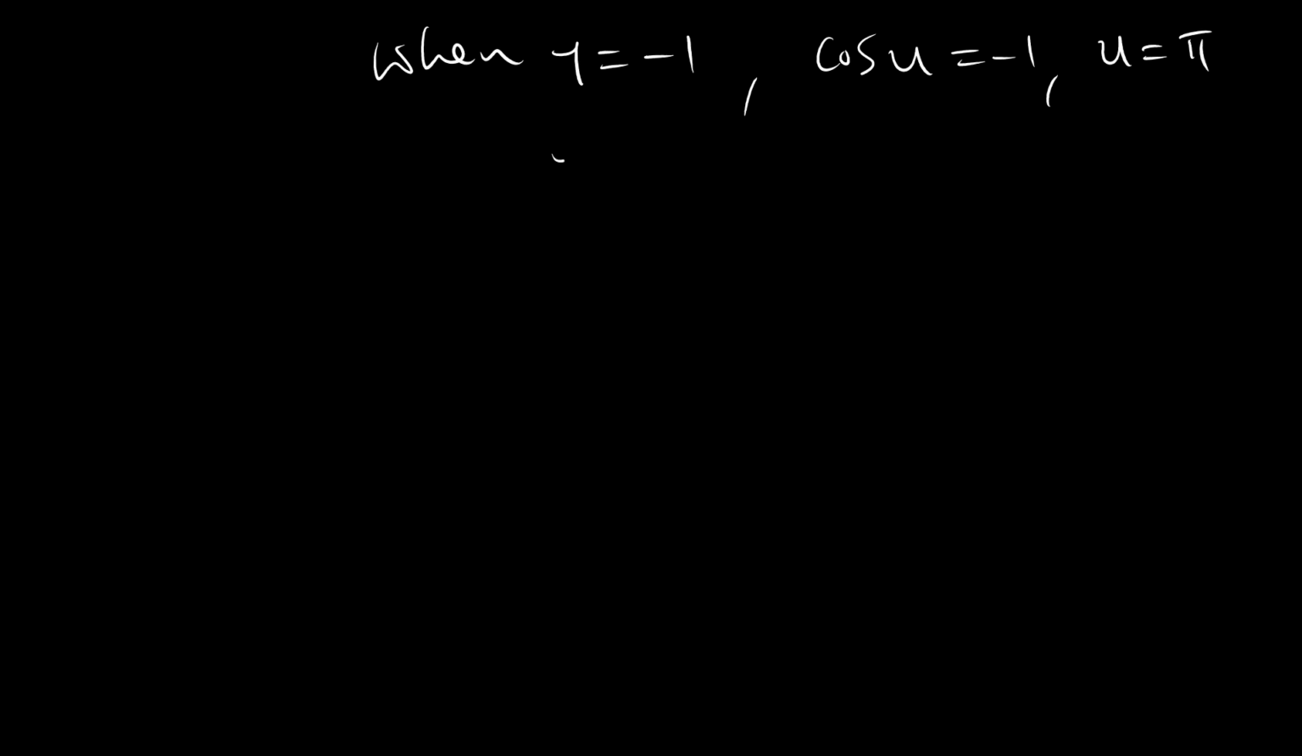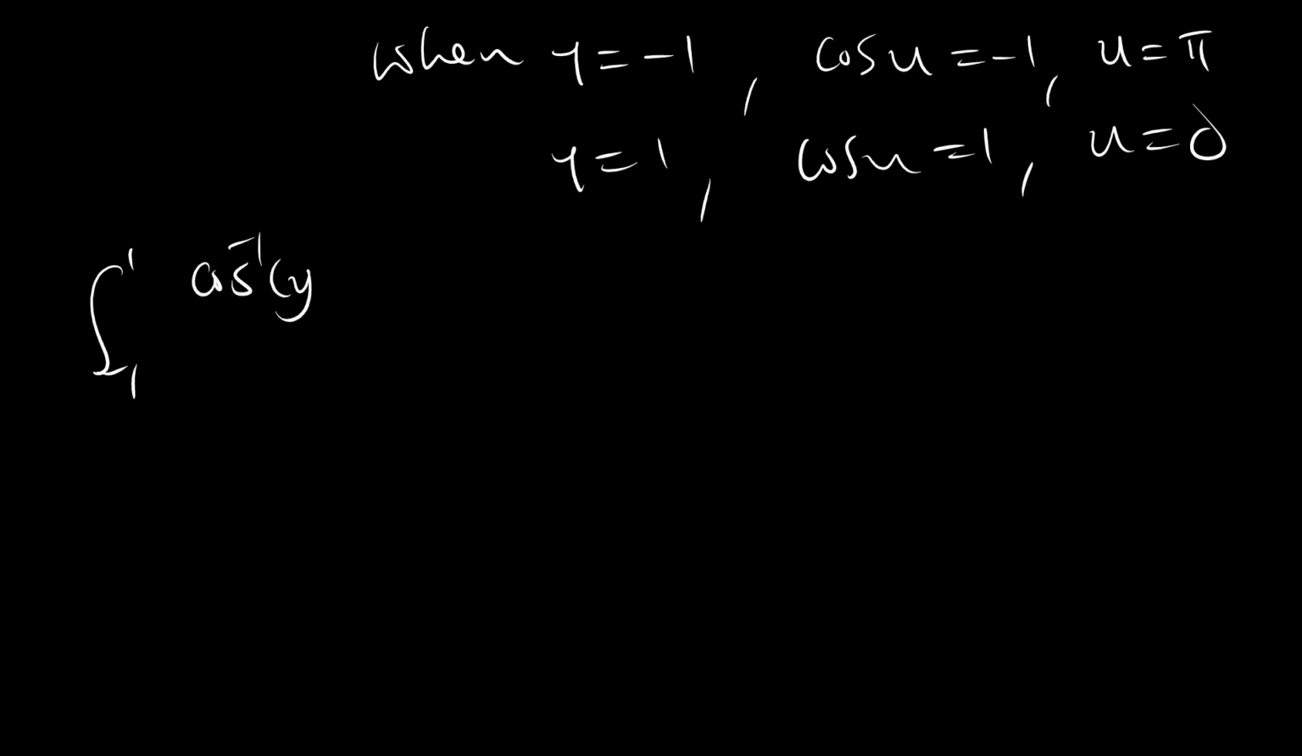And what does that mean? That means that when y equals -1, we have cosine of u being equal to -1, and so u would be equal to pi. When y is equal to +1, cosine of u would be equal to 1, and so u would be equal to 0. So therefore, the integral from -1 to 1 of arc cosine of y over square root of